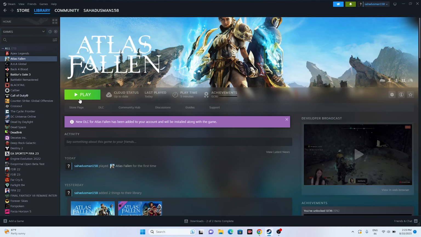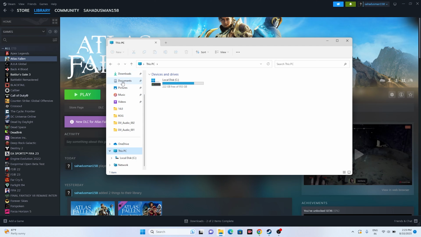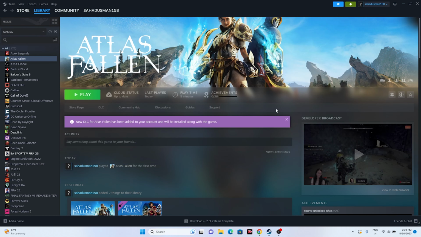That is all about we need to delete the saved game file. For deleting the saved game file, we have to go over here in the file explorer. We have to go into This PC. Now from here we have to go to the documents, and if you find the folder of Atlas Fallen, you have to delete the respective folder. And keep in mind, once you delete the respective folder, you'll be losing all the progression in the game, but that is fine. You have to delete it, and you have to close this, and we have to launch the game once again. Even after trying this, if it's not working, we have to move to the next one,